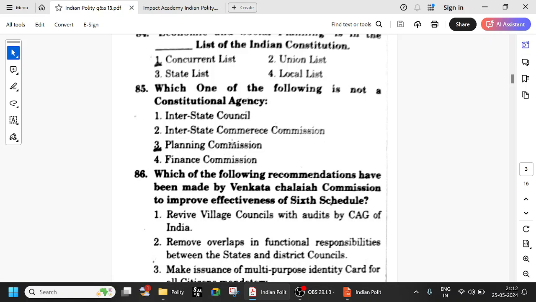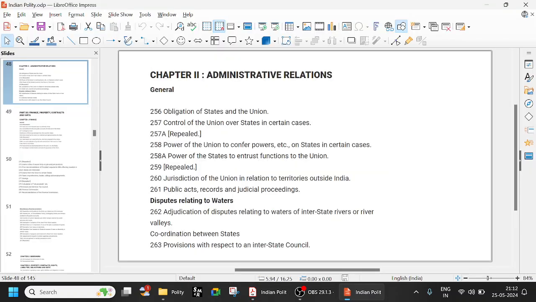Planning Commission is not a constitutional body. Of course, now Planning Commission is not there. It has been replaced by Niti Aayog. Okay, and Finance Commission will be